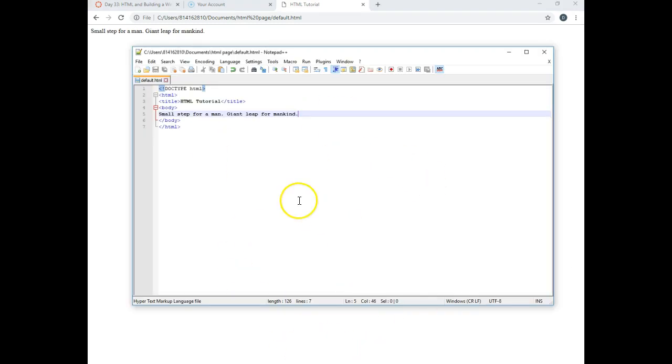Okay, so let's go back to Notepad++. Now, it's called hypertext markup for a reason. And the markup are those things that you see in those less-than, greater-than symbols. So if I want to mark something up, let's say a small step, let's say I want a bold giant leap for mankind, what I'm going to do is put in my tags, I'll just call them tags,